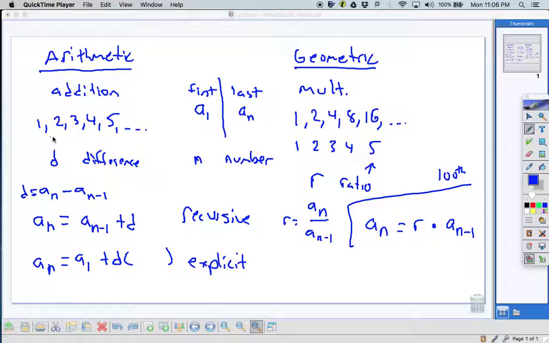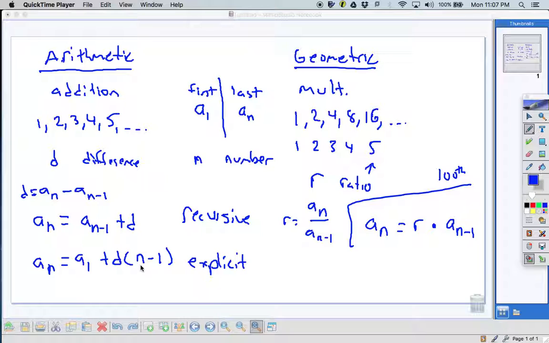Well, most people would say it must be n times. That's really close, but let's see what happens if we do it. We're saying 1, 2, 3, 4, this is the 5th number in the series, so if I say that I'm adding 1 5 times, I've gone once, twice, 3, I've actually only added it 4 times, because you don't add it to come up with the original term. You only add it to come up with the second term, the third term, the fourth term, and the fifth term. So instead of adding it n times, we're going to add it n minus 1 times, 1 less than